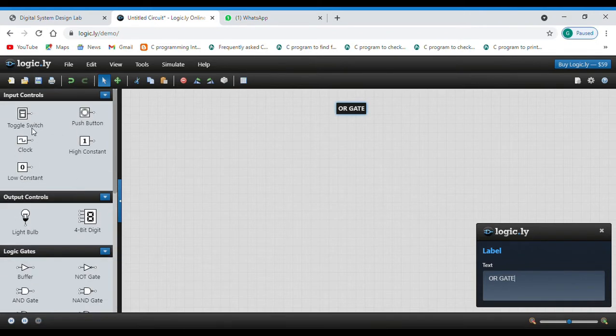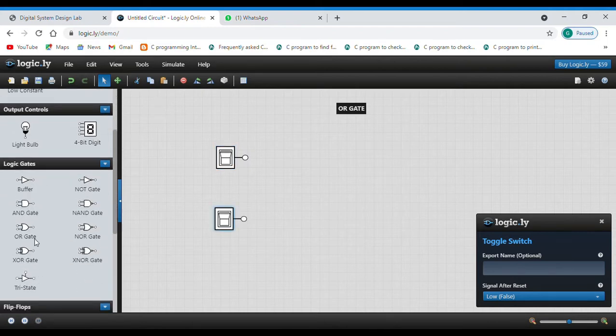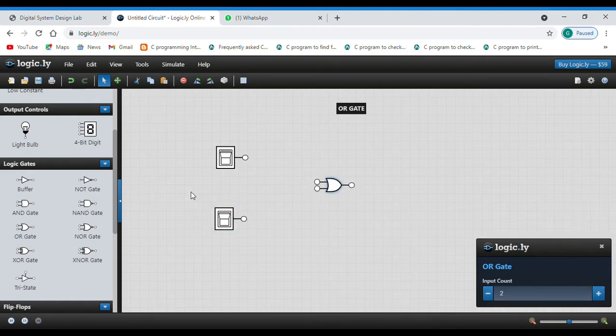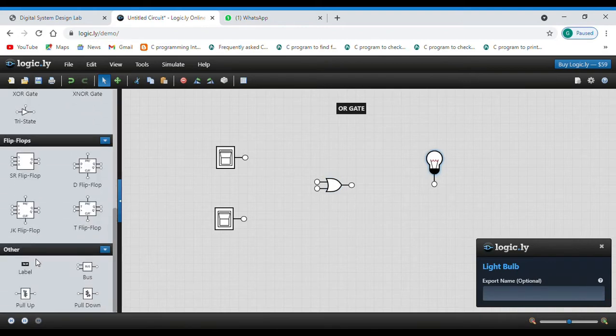Now in the same way, we'll take 2 toggle switches. Now we'll take one OR gate. Then we'll take a bulb. Now we'll label them.